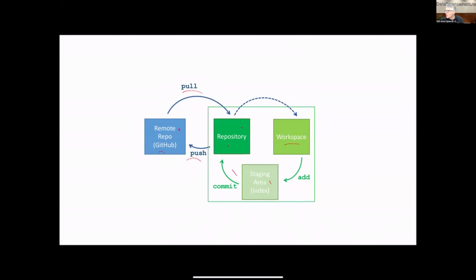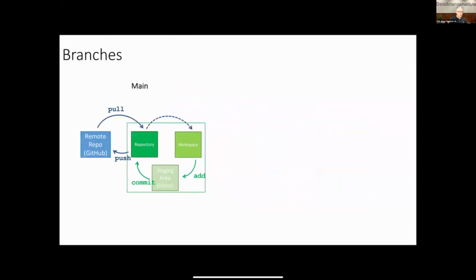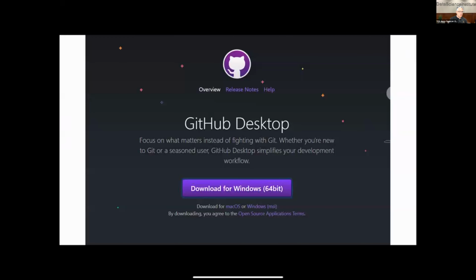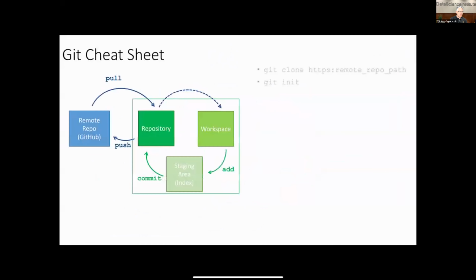So let's go ahead and take a look at what the actual commands are. I'm going to just flip forward to that real quickly, so you can sort of see what the commands look like. We'll come back to all this. So it's git clone, and then it has this long thing right here. The git clone command requires the location of where that remote was. That's what you need to have for that clone